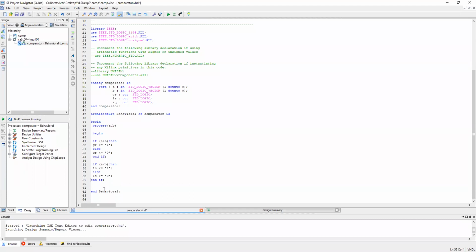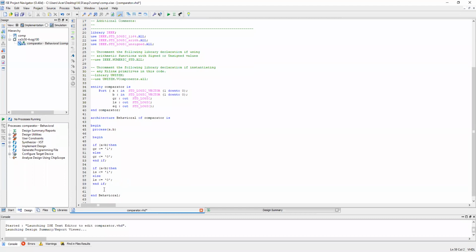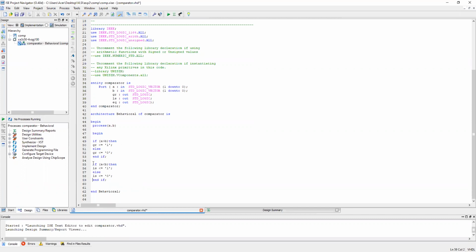This else was extra, it is not required. Okay. This is simple. We have used if, then, else statements here. This is the second.